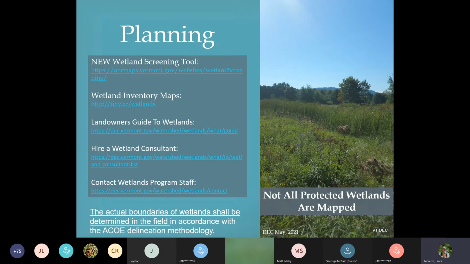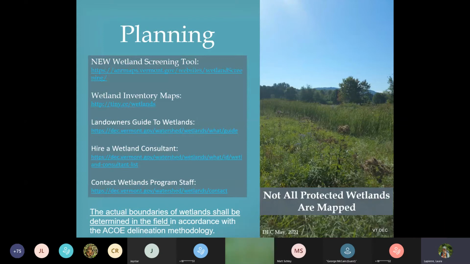We recently developed a screening tool which synthesizes all wetland mapping layers in an analysis and gives you next steps. It also gives you a map and explains what the different wetland layers are, so you can have a better understanding of the probability of wetlands in an area.